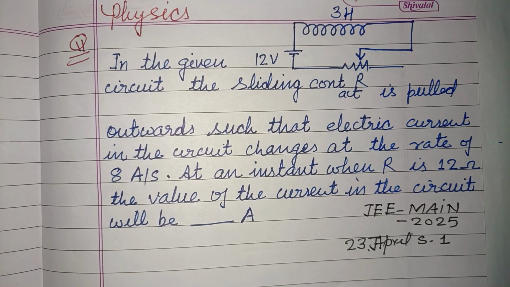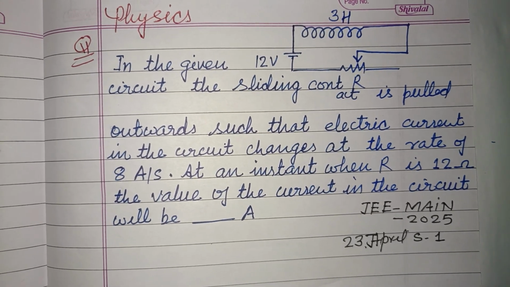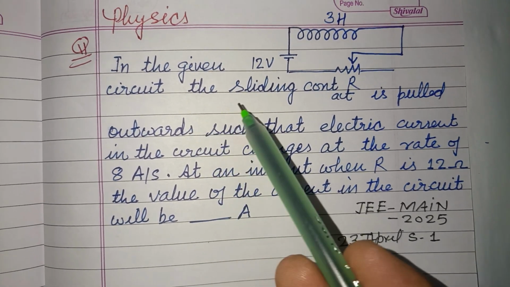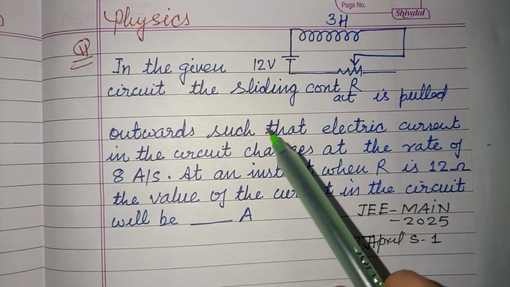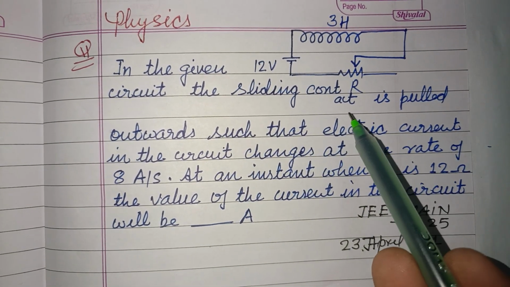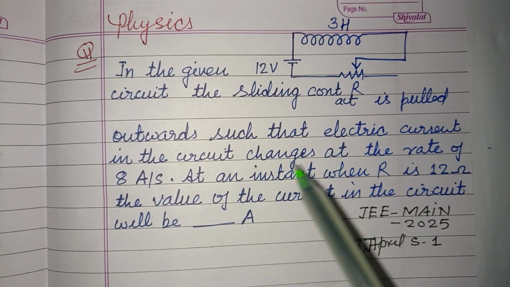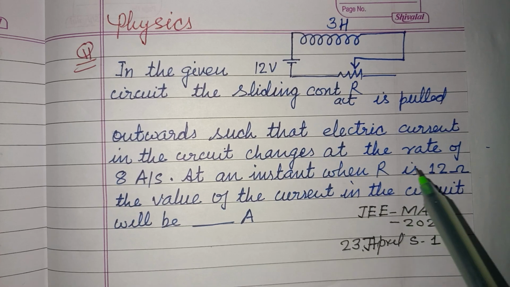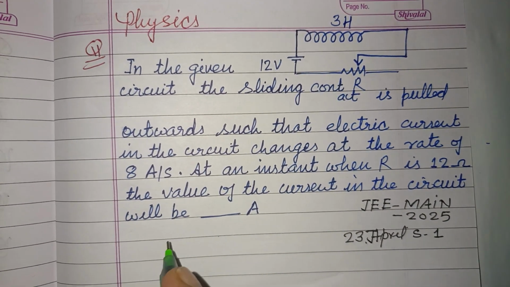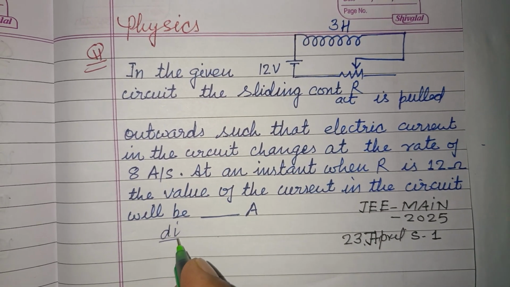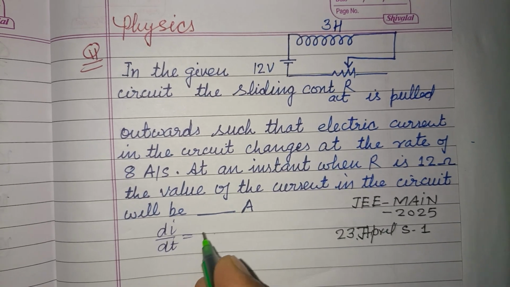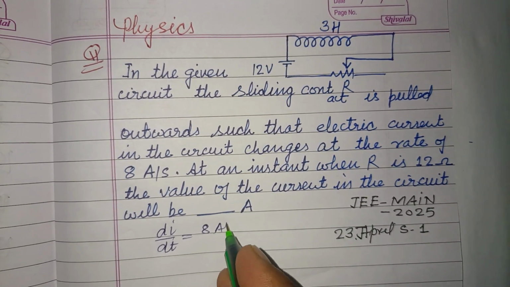Question from JEE Main 2025, 23 April, shift first. In the given circuit, the sliding contact is pulled outwards such that the electric current in the circuit changes at the rate of 8 ampere per second. So here the change in current di upon dt is given to us as 8 ampere per second